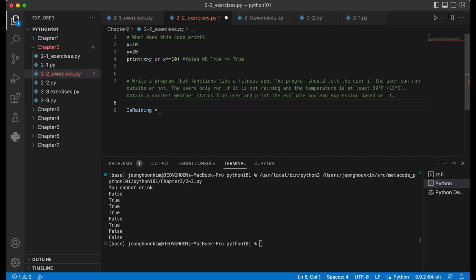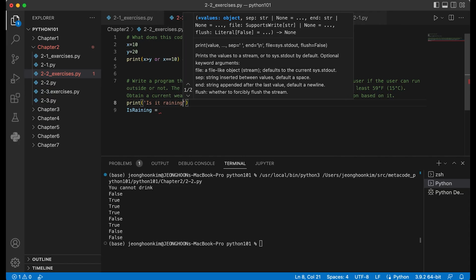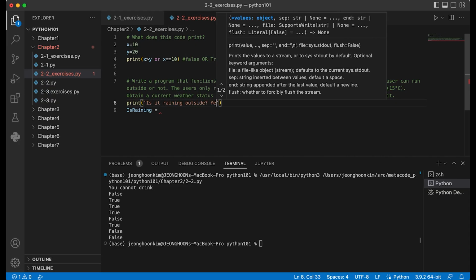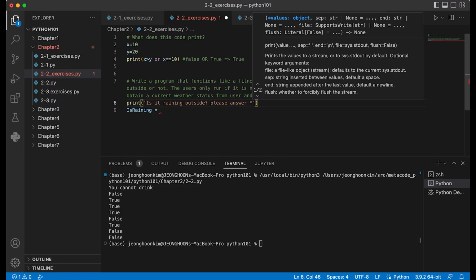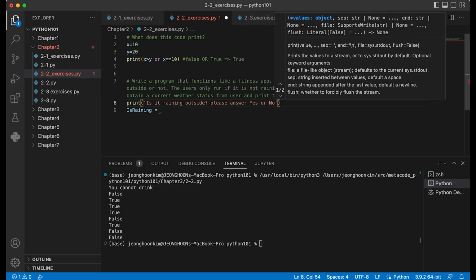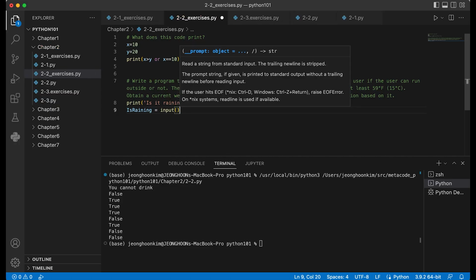First we print, is it raining outside? Please answer yes or no. Is raining would be the input of the user.